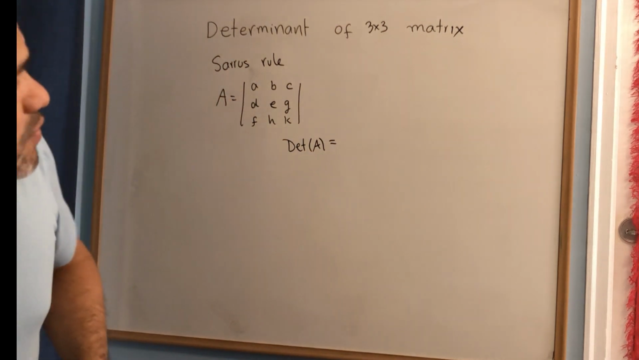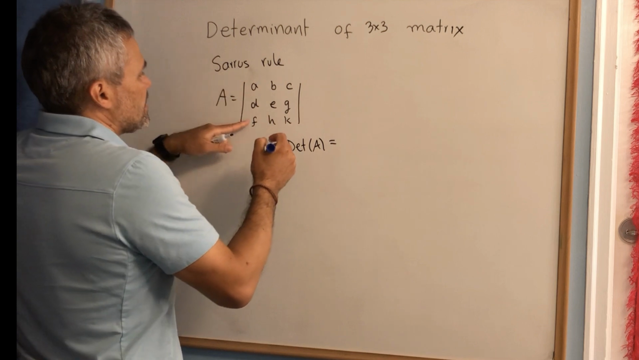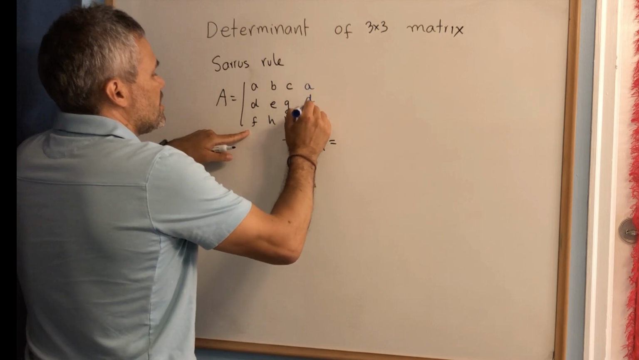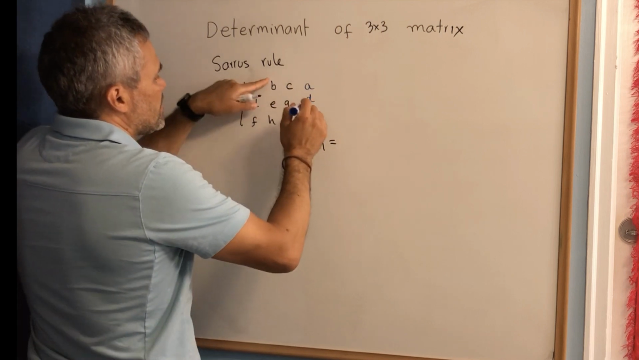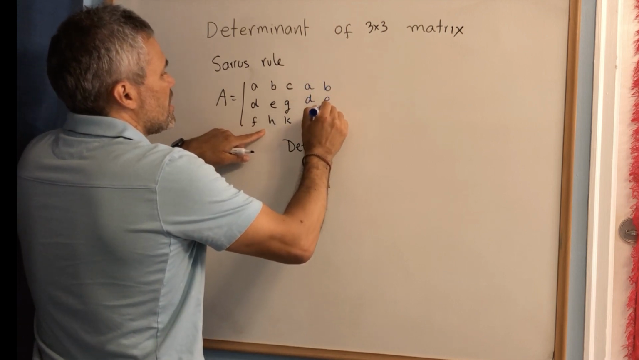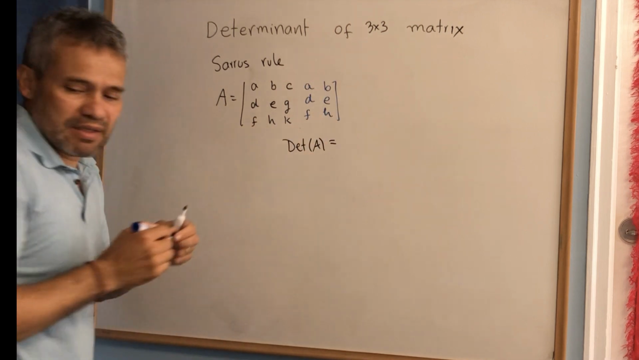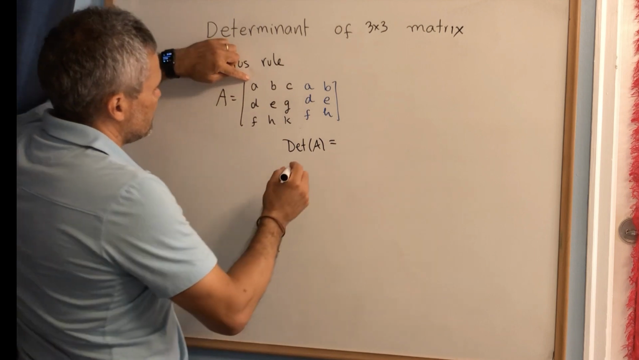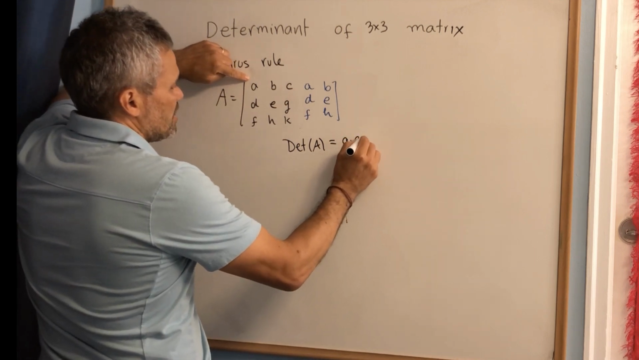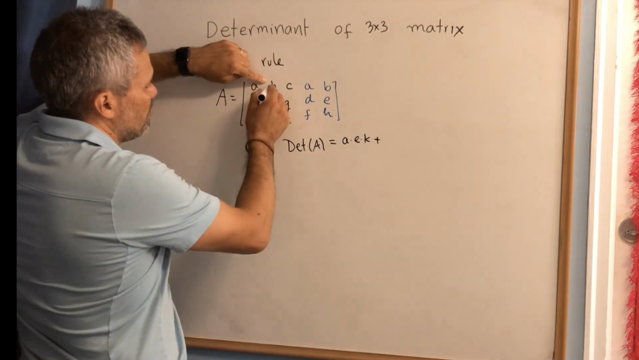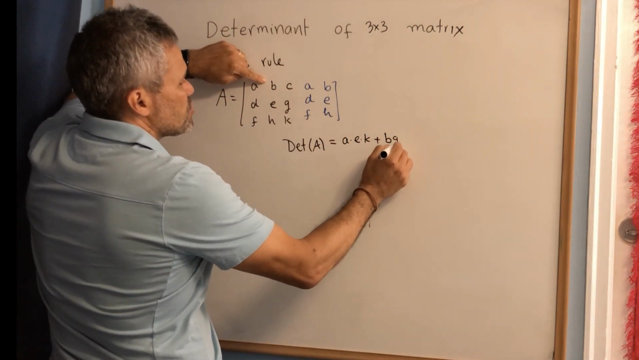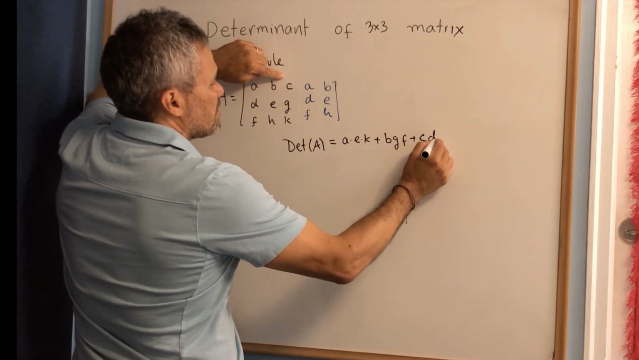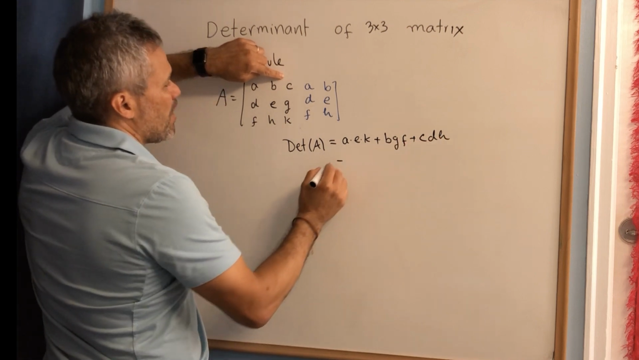essentially what we need to do is we need to repeat the first column here, and then we do A, D, F, and then we repeat the second column, B, E, H, and then this determinant is going to be the product of this diagonal that starts here, A times E times K, plus the product of this diagonal, B times G times F, plus the product of this diagonal, C times D times H, minus,